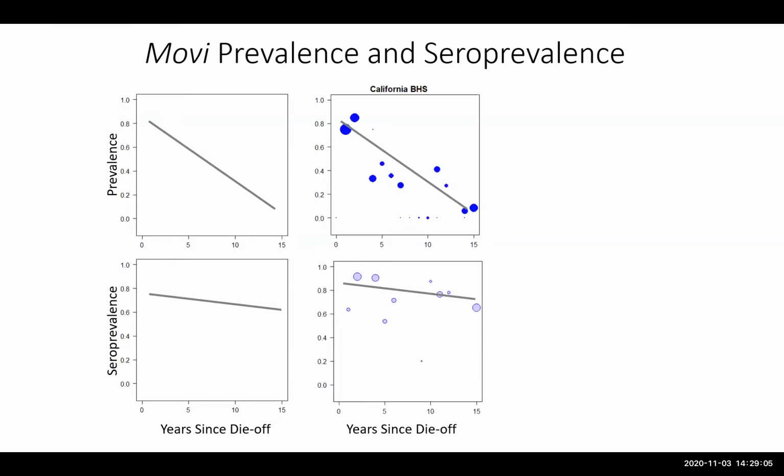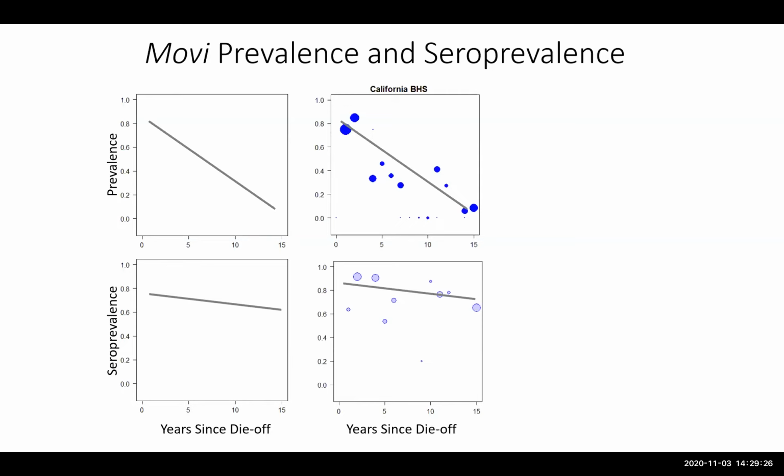Due to small sample size, we didn't look at the Rockies for this one, but looking at the California sheep, we see that their populations follow this trend pretty closely. These points are by herd year of sampling events, and they're sized by the number of animals sampled. So these outliers are just ones where only a few animals were sampled, but these large sampling events follow this trend line pretty closely for both prevalence and seroprevalence.